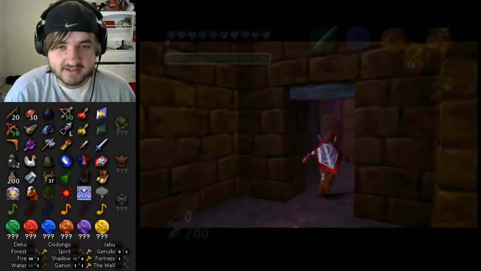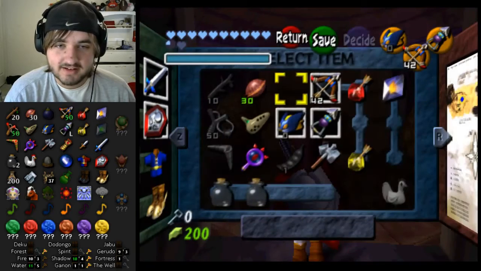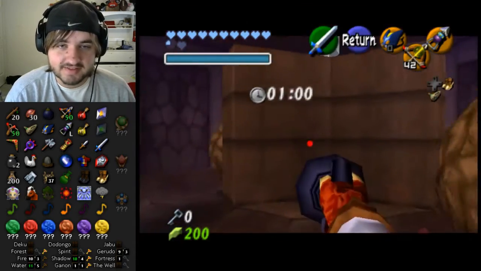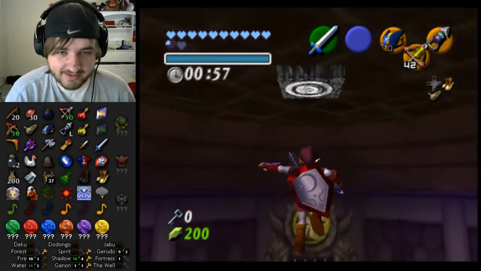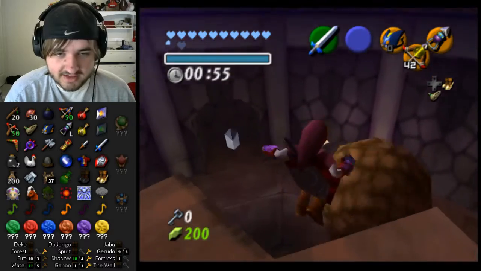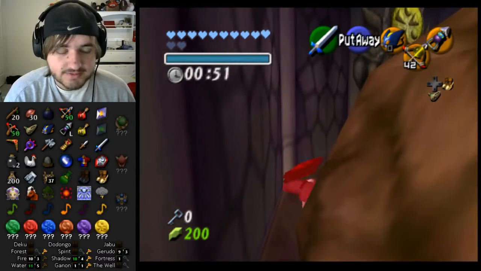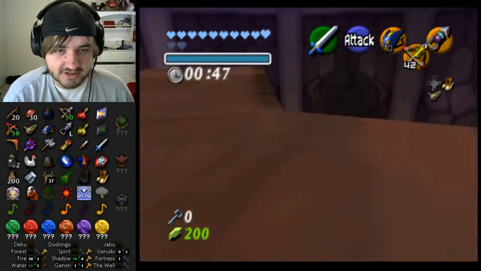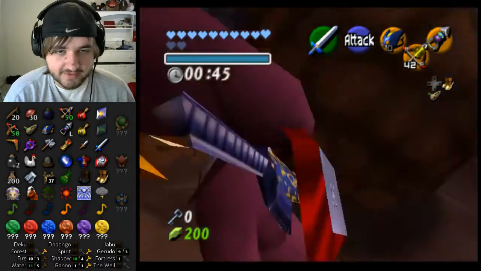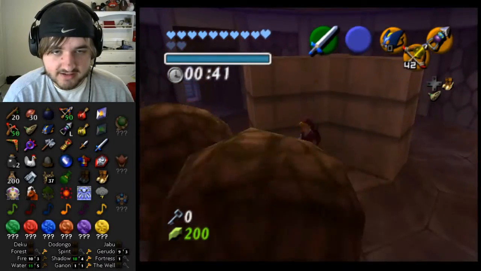But maybe... Oh wait, actually, will this be the final episode? Because we still have to finish the trials. I don't know, maybe I spoke too soon. I think it is. I think we have everything we need, because we just need the gold gauntlets to beat the fire trial. Ow. We just needed the gold gauntlets to beat the fire trial. We needed Din's Fire to beat the forest trial. We needed...